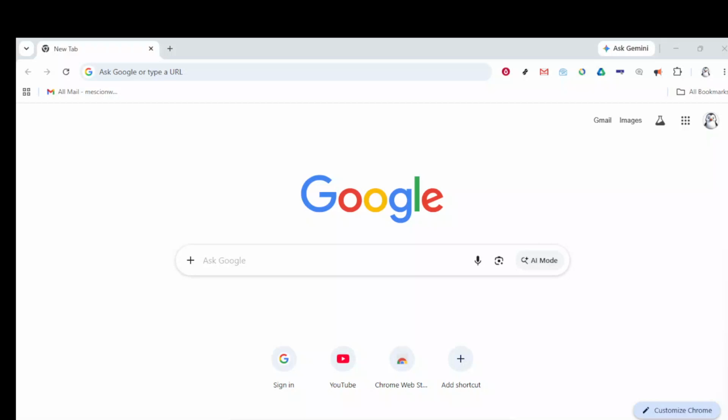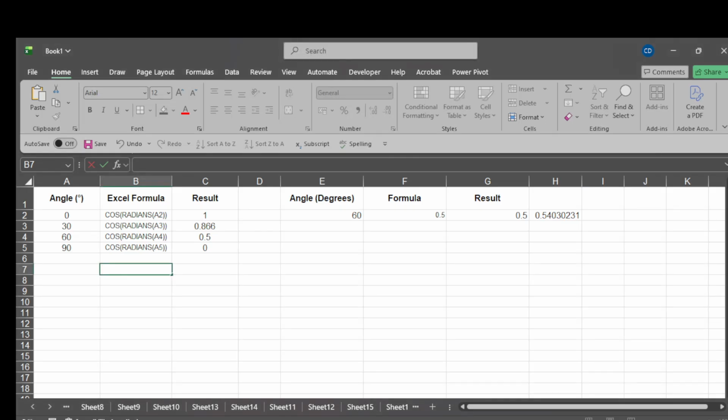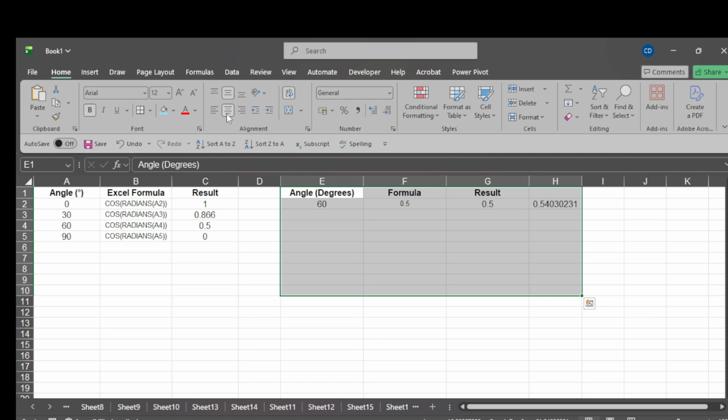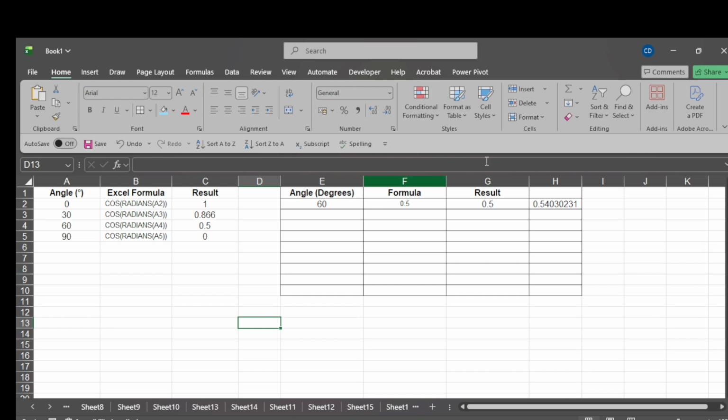In today's video, I'm going to teach you how to use the COS function in Excel. To get started, open Microsoft Excel and head into a blank worksheet or any spreadsheet where you want to work with trigonometric calculations. The COS function is a built-in Excel formula that returns the cosine of an angle, and it's especially useful in mathematics, engineering, and physics. If you need to calculate directional values, waves, rotations, or other angle-based measurements, this function can save a lot of